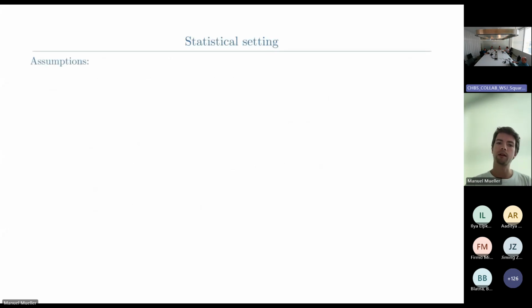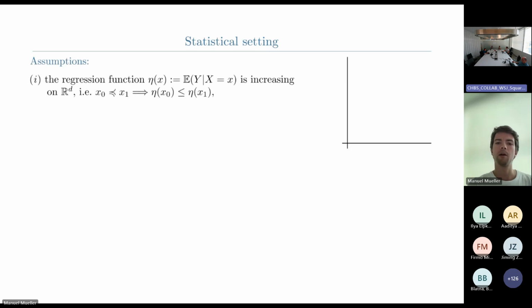Okay, now let's look at the specific assumptions that we have been looking at in the isotonic subgroup selection paper. So first of all, we assume that the true population regression function is increasing, as in the example before. And what this means in multiple dimensions is that if you have 2 points like x0 and x1, and x0